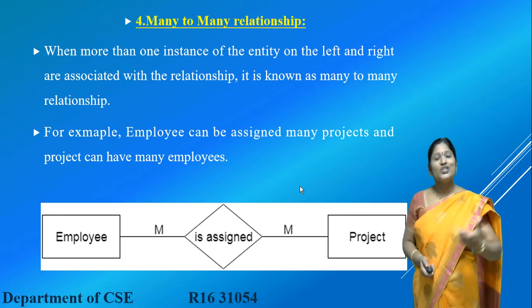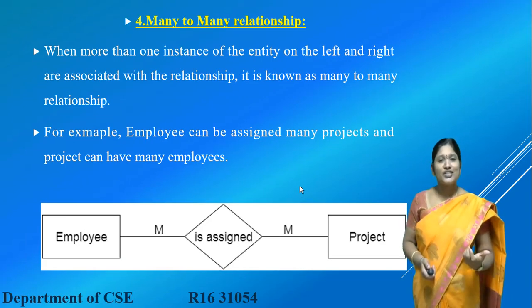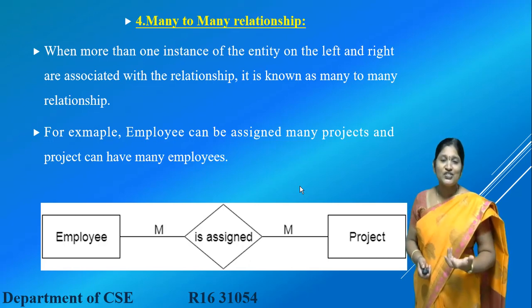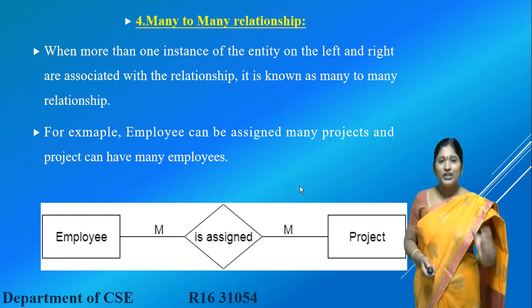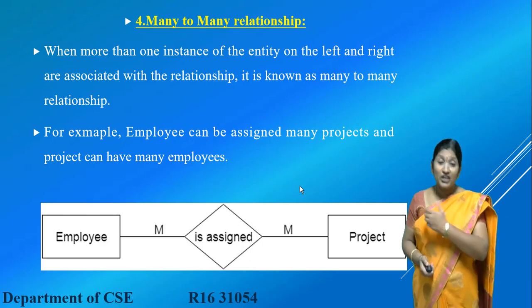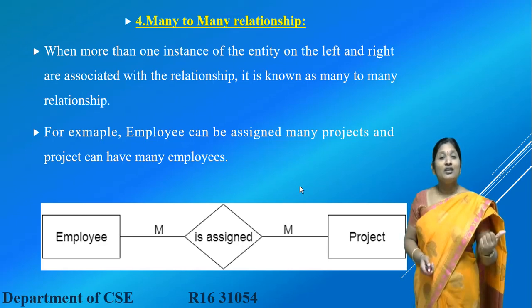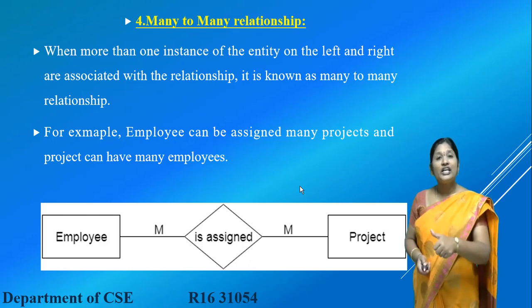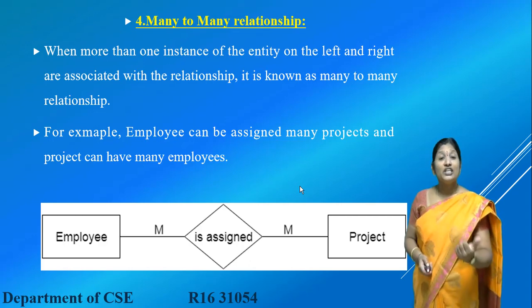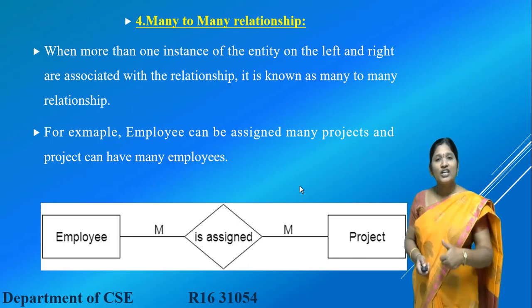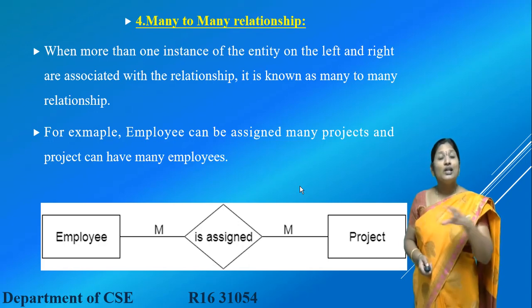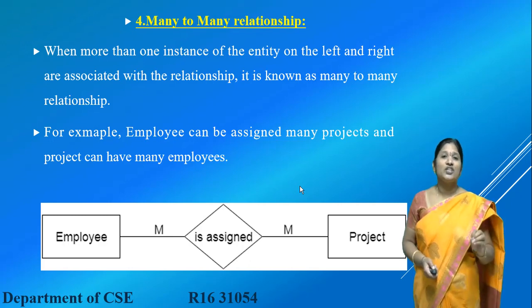So while coming to the last kind of relationship, what is the last kind of relationship? Many-to-many relationship. As its name indicates, many-to-many relationship indicates many a number of entities in the first entity set are being related to many a number of entities in the second entity set. As an example, consider a database as an employee is monitoring particular project. E1 is monitoring P1, E2 is monitoring P2, E3 is monitoring P4. Like that, that is the database that has been given for you.